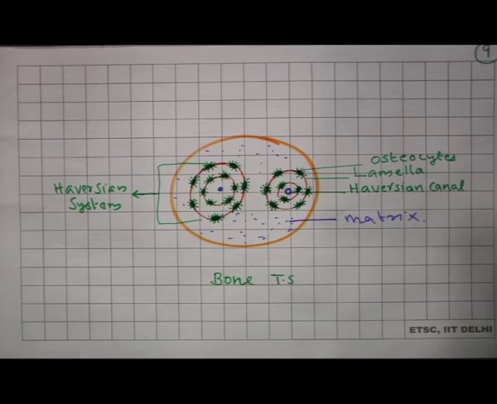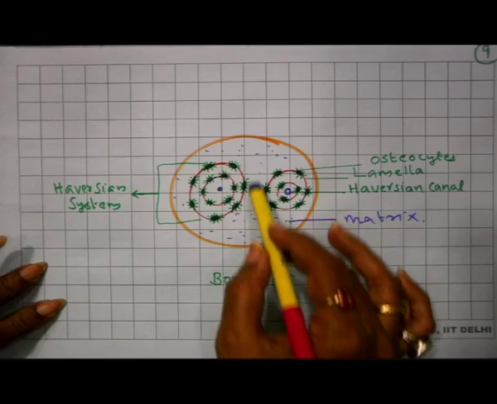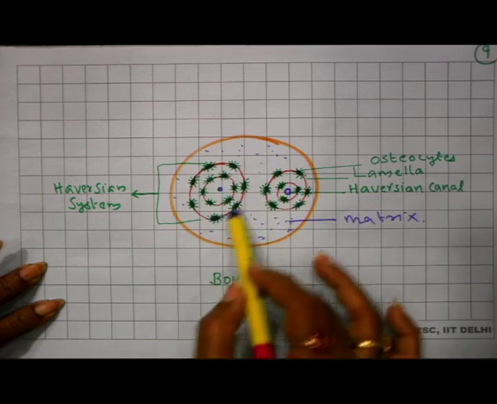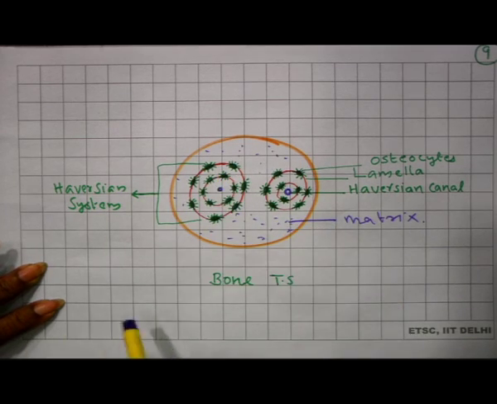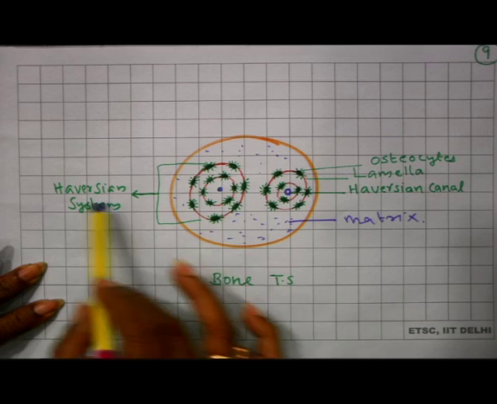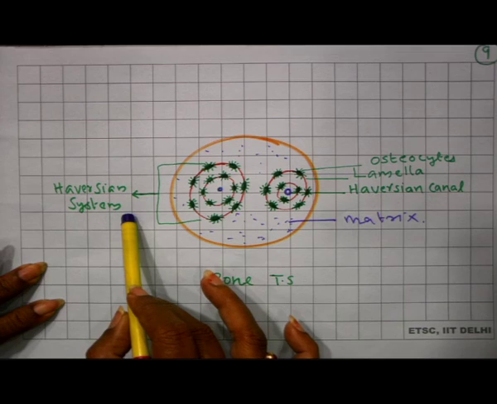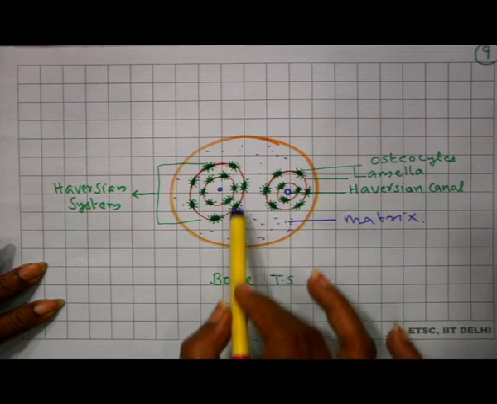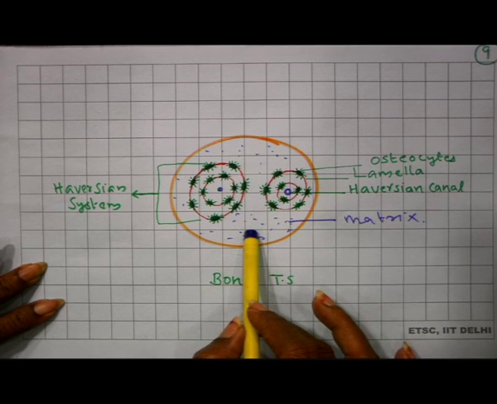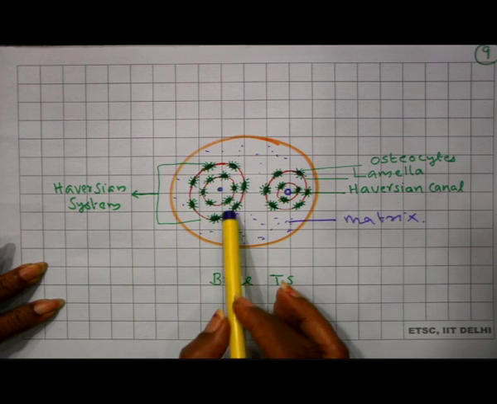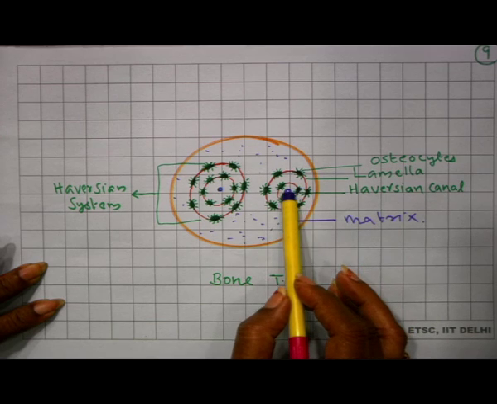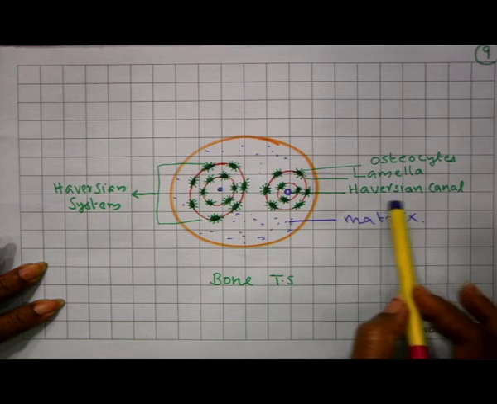Periosteum. Then, when you are observing inside, you can see different concentric units. You go through this diagram, try to identify. These are the circular, concentric units, and it is known as the Haversian system. So, there are so many Haversian systems in a bone. Now, when you are observing a Haversian system, here you can see at the center there is a canal, and this hollow canal is known as the Haversian canal.